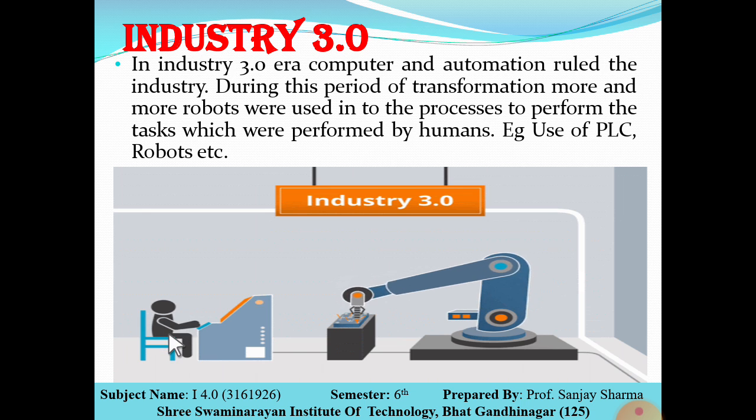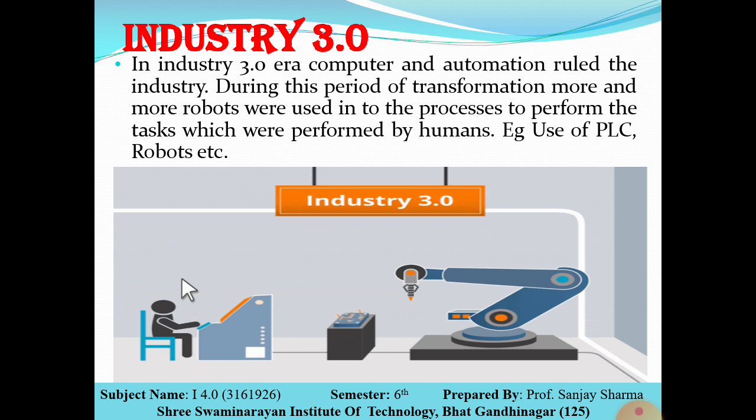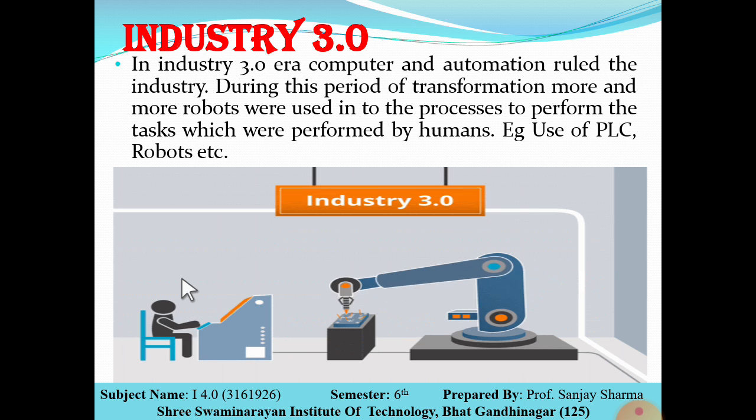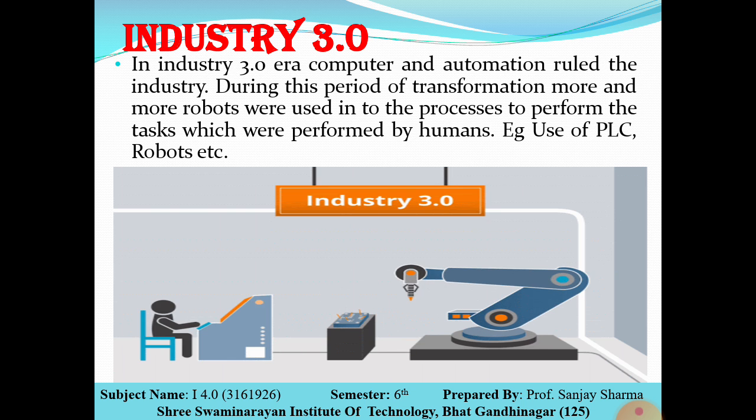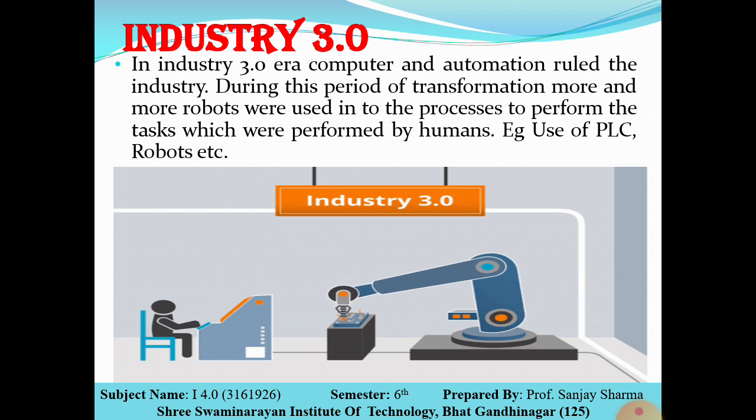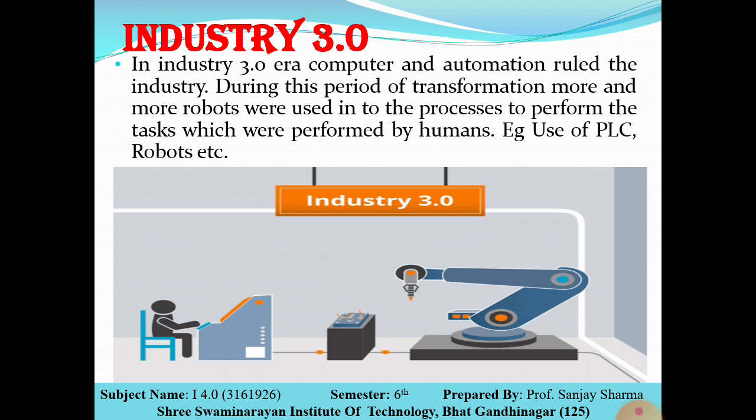So this is Industry 3.0. I hope the three concepts of Industry 1.0, 2.0 and 3.0 revolution are clear to you. In 1.0, everything was done manually, and steam was used to drive or operate the machine, utilized as a prime mover. In Industry 2.0, electricity came into use, and the continuous assembly production line came into operation. And in Industry 3.0, automation came into existence. So this was the third revolution of the industry.